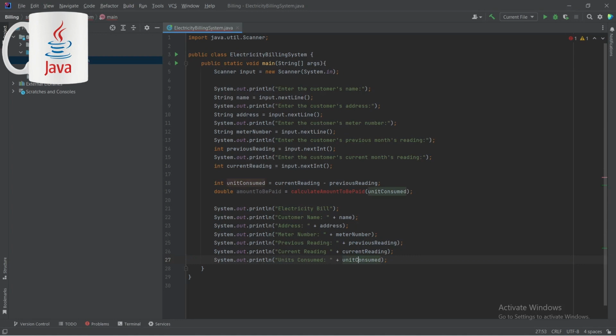And the next one we are going to print to the customer is: you need to pay a specific amount of dollars. So here we are going to consider dollars. But yeah, in your system you may consider the currency you want. So what we are going to do now is address the customer. We're going to tell the customer now: